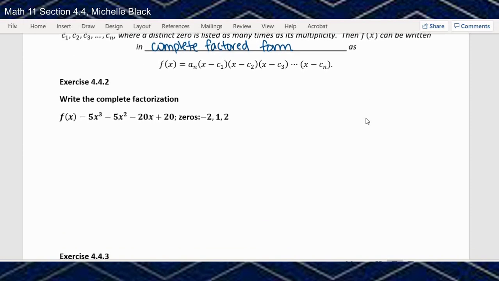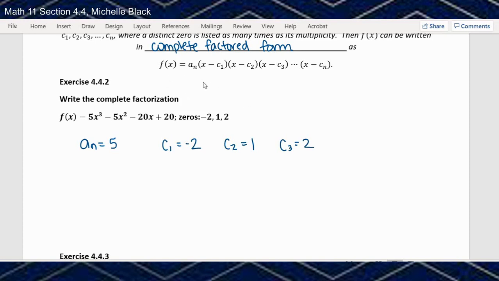Exercise 2. Write the complete factorization of f of x equals 5x cubed minus 5x squared minus 20x plus 20 with zeros -2, 1, and 2. Well, if these are all of our zeros, this is our c sub 1, c sub 2, c sub 3, and our leading coefficient is 5. So a sub n equals 5, c sub 1 equals -2, c sub 2 equals 1, c sub 3 equals